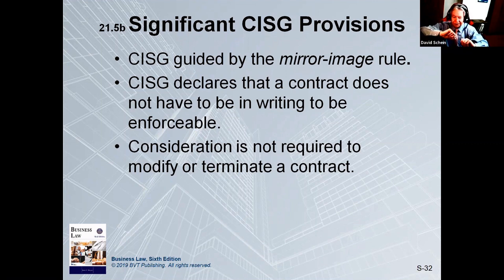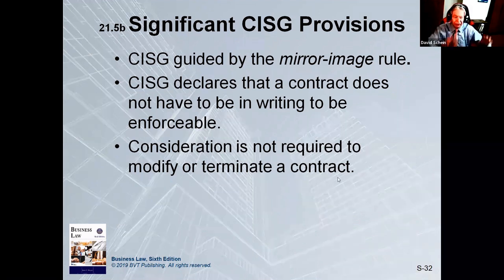If you're not here, you're under the code, the domestic U.S. Uniform Commercial Code. No such thing as the mirror image rule, and we just said this a few minutes ago. So this is why that's important, because it is a significant distinction between the code and the CISG. Even though the code works to expedite trade among the states, this operation leads across the world. So it's a little bit different, but again, it is a little bit confusing, unfortunately, and the best I can say is just read through this and work out those distinctions.